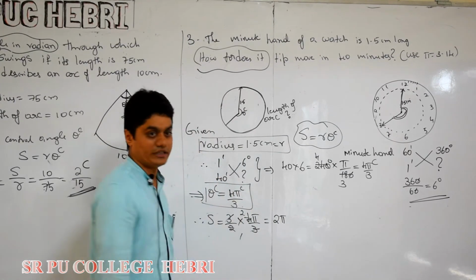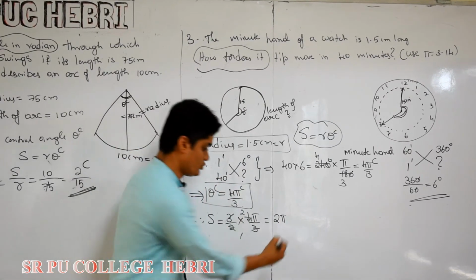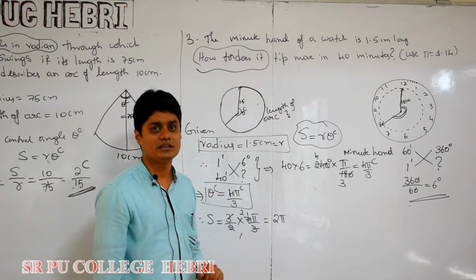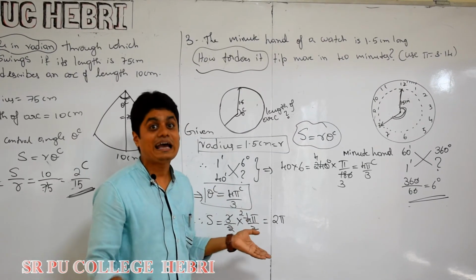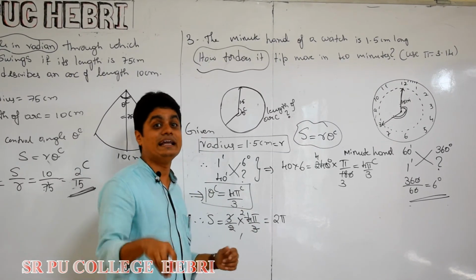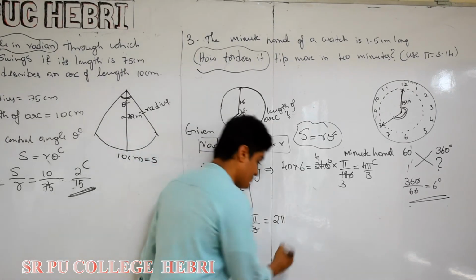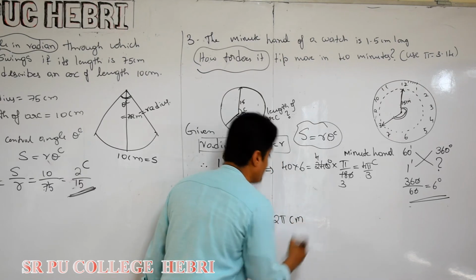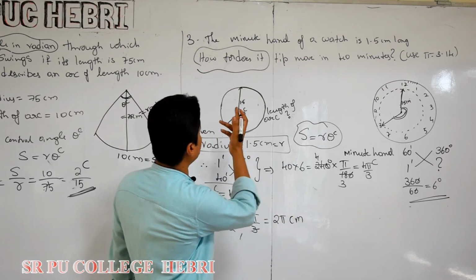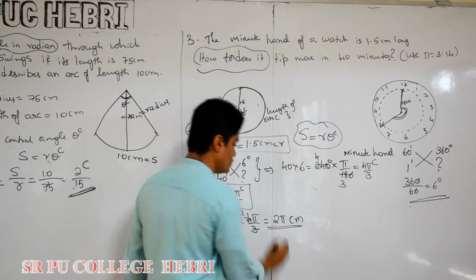Now tell me what is the unit? Is it 2 pi radian? Radian anta bariboda? Why not? It is not an angle. What is this actually? Length of an arc. Length cannot be measured in terms of radian. Length must be measured in terms of centimeter or meter or kilometer. ಇಲ್ಲಿ use ಮಾಡಿ unit ಏನು? Centimeter. So 2 pi centimeter.